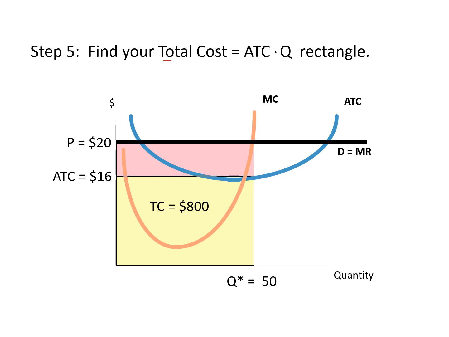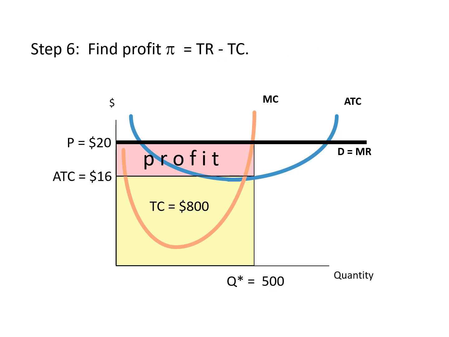So when we calculate the total cost for this example, it will be $16 multiplied by 50 units, which will give us a total cost of $800. And we can see that the profit, which is the total revenue minus the total costs, can be represented by